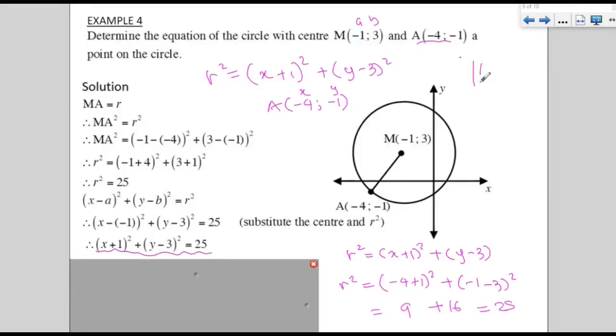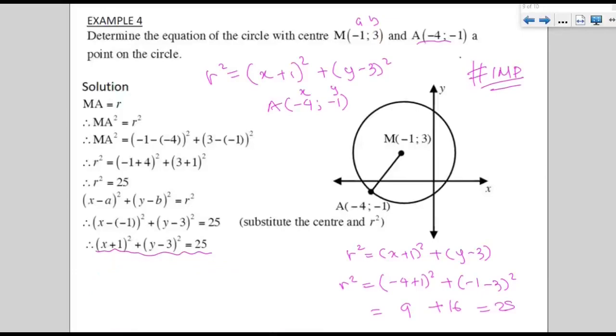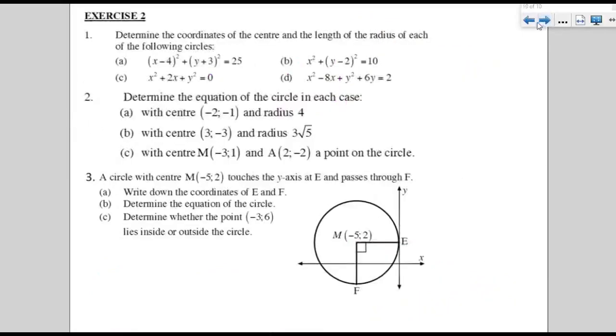Okay, also very, very important. Please study this example twice before you do this. Look at which method you feel comfortable. Recommendation, this method that we wrote here. Practice makes perfect. Your homework for today is